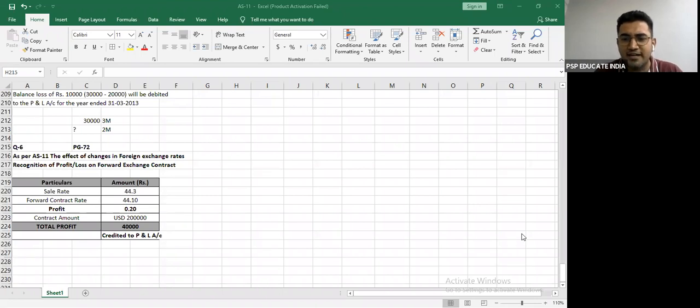I hope, Mukadisha, that clears your doubt completely. Okay, perfect. Let's go to another doubt which says, to whom we sold the contract, bank or some other party? So Raj, you can sell it to the bank, you can even sell it to the other party, you can sell it to anyone you want. That person has to be an authorized dealer, so you can sell it to anyone that you want, right? I hope, Raj, that solves your doubt. Okay, perfect.